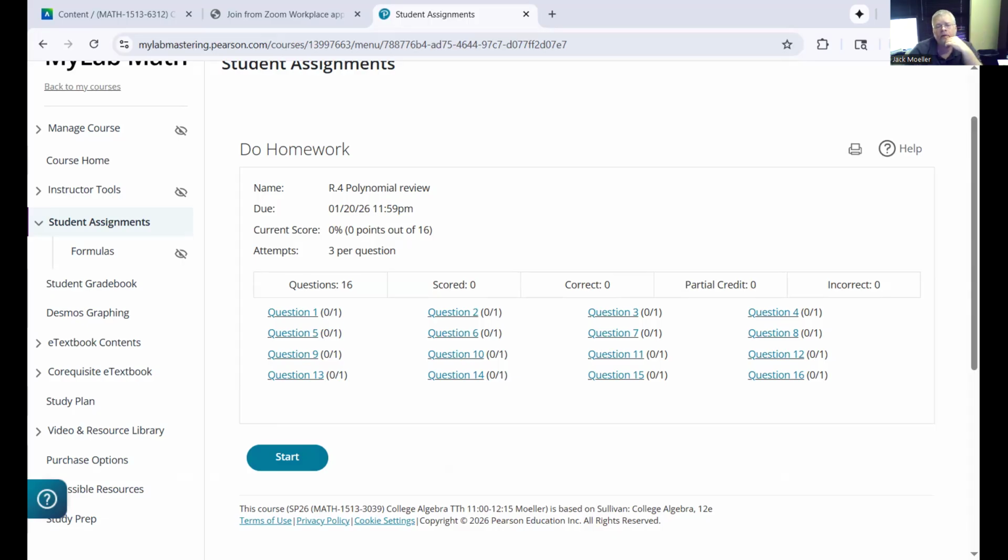What else do you have? Again, if they have an example, they should also have a textbook link. Now notice, if you look above the question, it says question 8, R.4.45. So what that's telling me is that